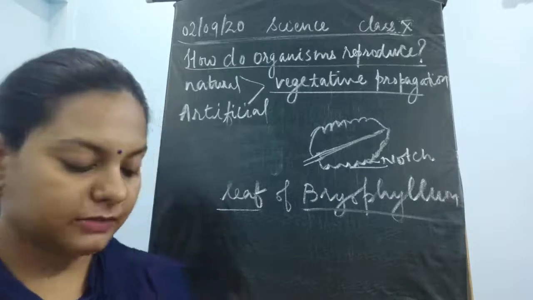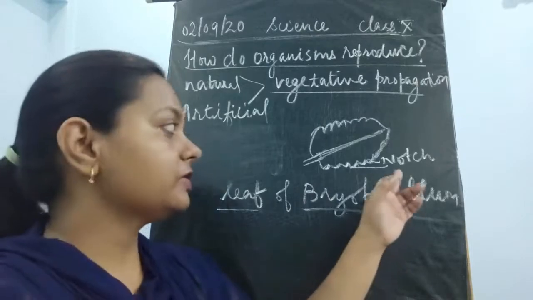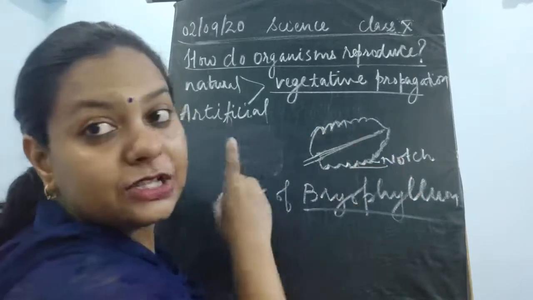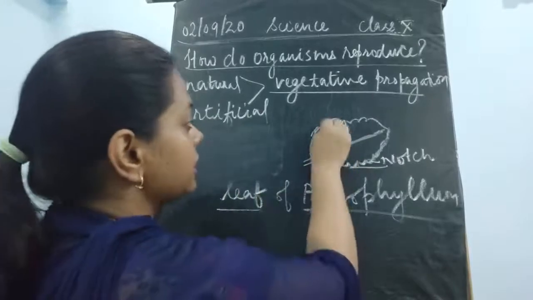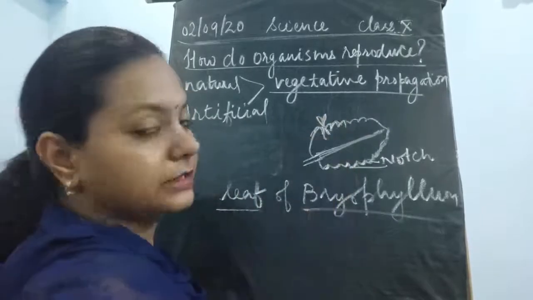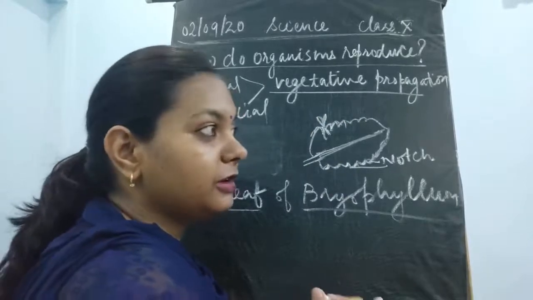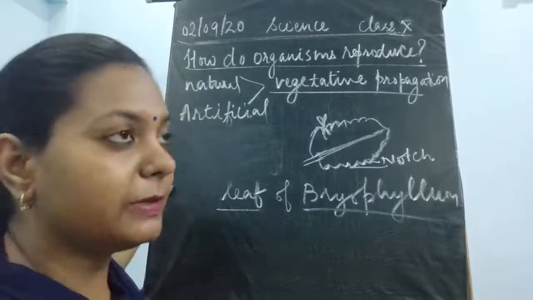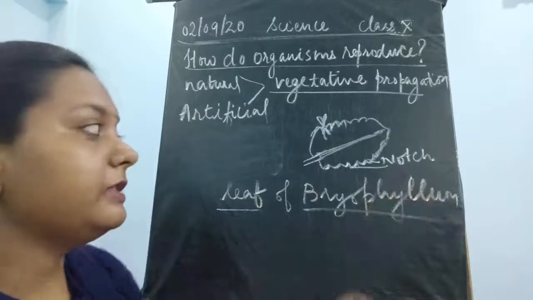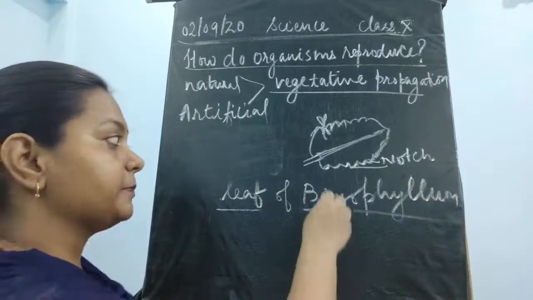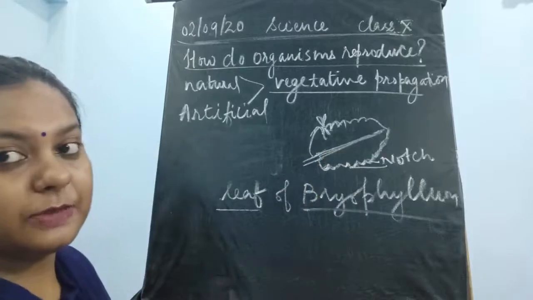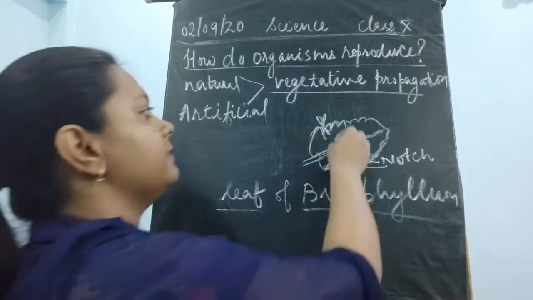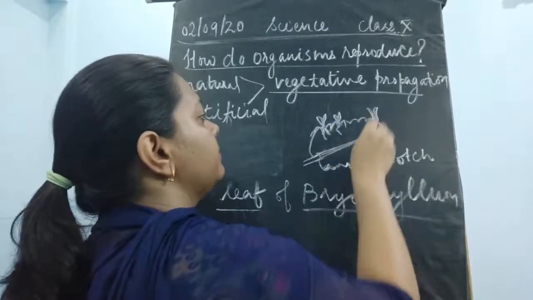So here in this bryophyllum leaf, this structure called notches, these are the cuttings at the edges. Just remember, each of these notches is capable of giving rise to a new plant. Such a beautiful leaf is this. We can see several small, beautiful plants coming out from these notches, children, from these curves at the edges of the leaves of this bryophyllum. Each curve is responsible for the development of a new plant.